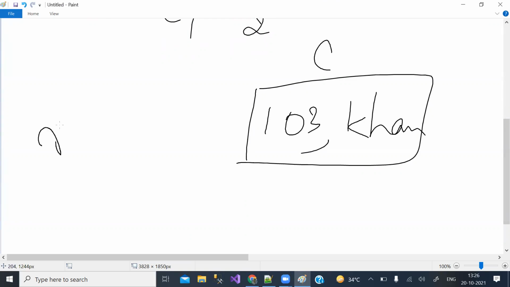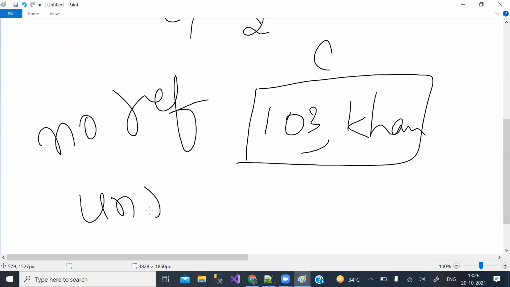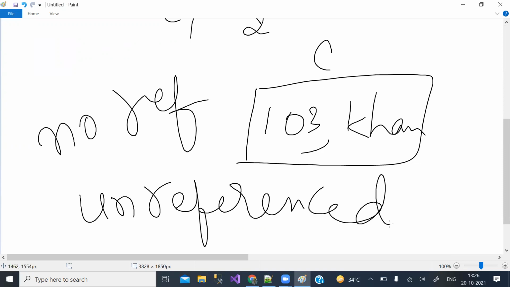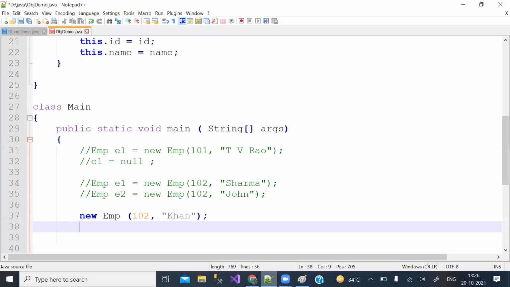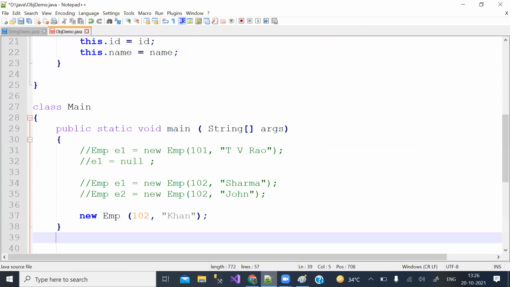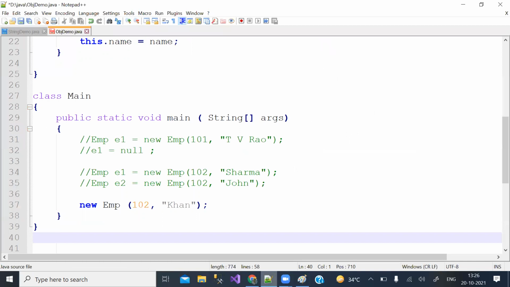It has no reference. Such objects are called unreferenced or dangling objects. Now such objects are removed automatically by the garbage collection feature of Java Virtual Machine.